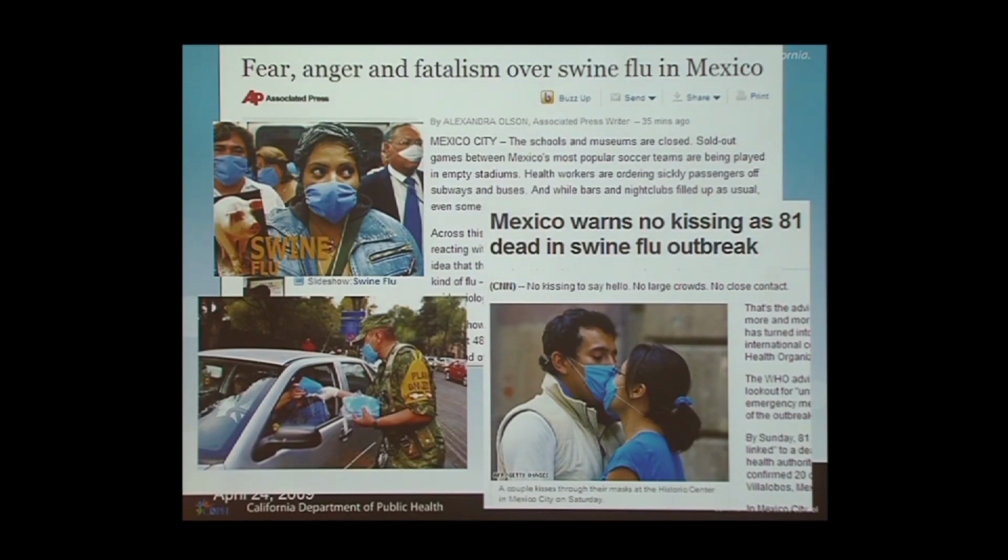They reported 80 young healthy adults who had died from swine flu. What may have been is that their surveillance system only picks up the most severe cases. So their surveillance looks at severe pneumonia and deaths. And so what they may have been seeing is the tip of the iceberg, a population of 10 million in Mexico City, where there are likely many, many more infected, but not as ill. We don't know for sure, but this certainly got everyone's attention